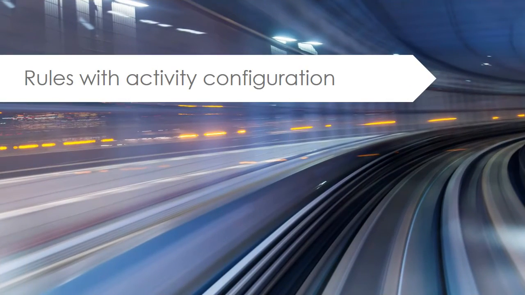Rules with activity configuration. Activities is a rarely used feature in Identity IQ. Using this feature, Identity IQ could aggregate information such as user logins, password resets, and password changes at the target application itself. Using this feature, useful reports could be developed. The next set of rules shall be used with the activity configuration.